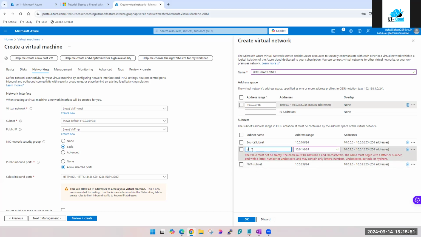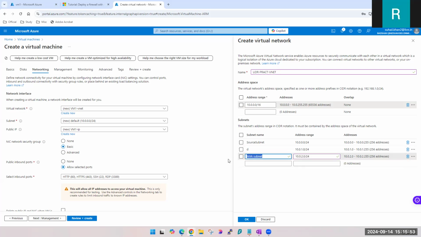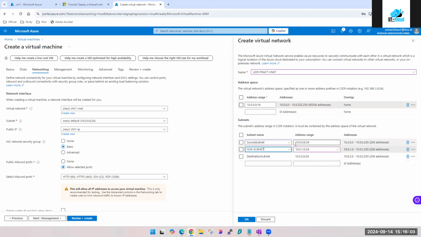What are we doing here? Just for better looking, I'm putting the network virtual appliance in the middle, because from the source subnet 10.0.0, a machine will come whose IP address will by default be 4. From this one, we are going to ping this one. And later on, we will apply the UDR and make sure traffic goes through the appliance. That's why I put it in the middle. Otherwise, you can keep it anywhere, it doesn't matter.